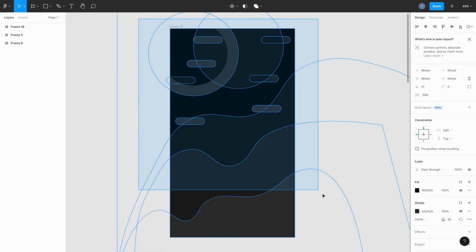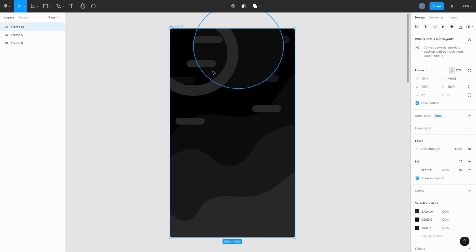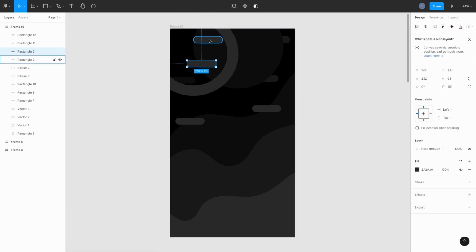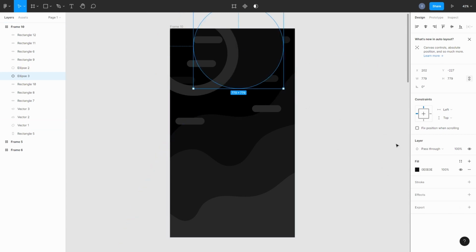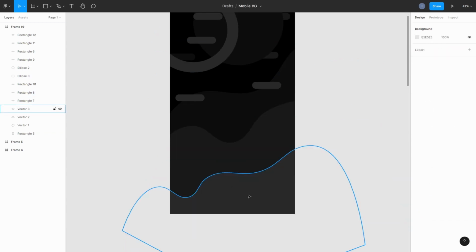Right now you are looking at this mobile background. You can see the width and height is 1080 width and 1920 height, a rectangle with all the corners rounded. You can see a circle with a stroke with 95 as its stroke thickness. There's this circle, there are 3 waves,